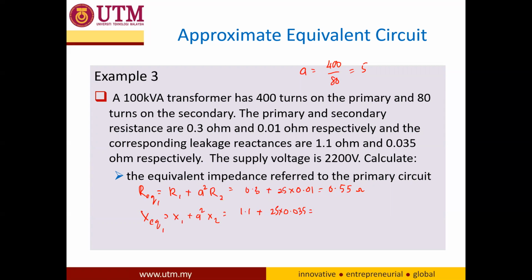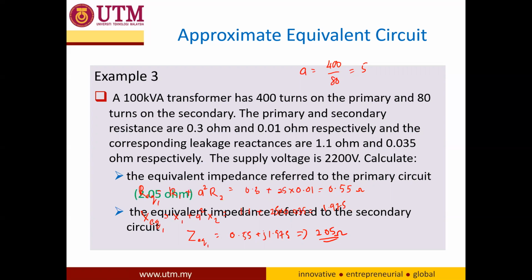So this is equivalent to 1.975. And your Z equivalent 1 is 0.55 plus j1.975, which, using a calculator in polar form, you should have 2.05 ohm. So your answer is 2.05 ohm, and for the equivalent when transferred to the secondary,